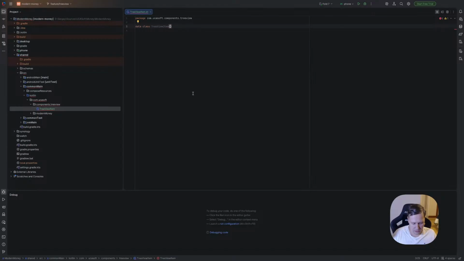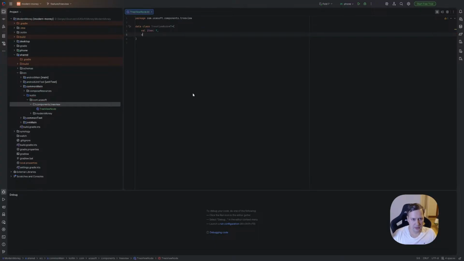So what should we have with this TreeViewNode? Again, there are a few approaches. I'll just start with it, but maybe we will then realize that we don't need this TreeViewItem and use something different. Anyway, it should be a generic one. Maybe it's better to call it node. Let's rename it to TreeViewNode.